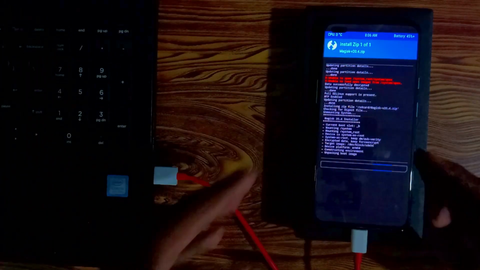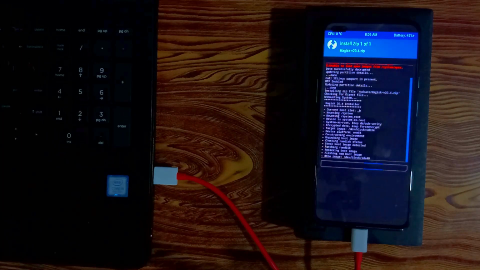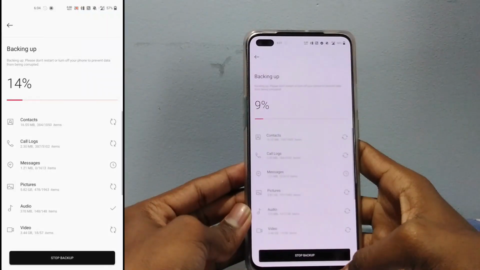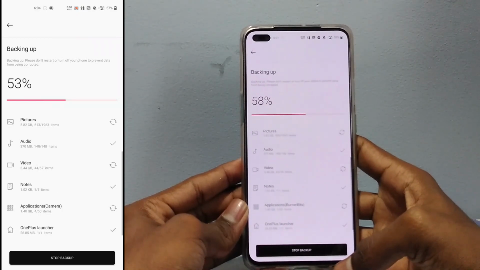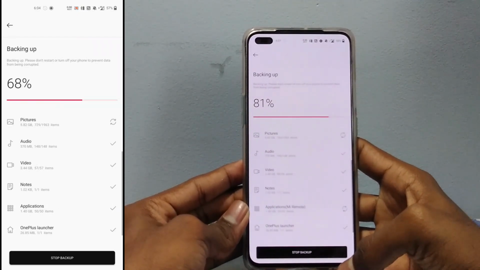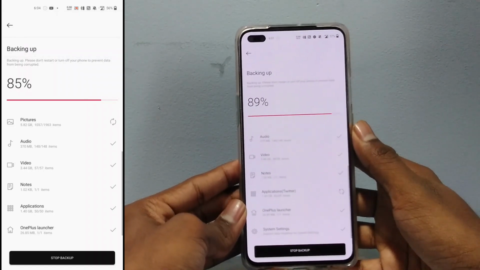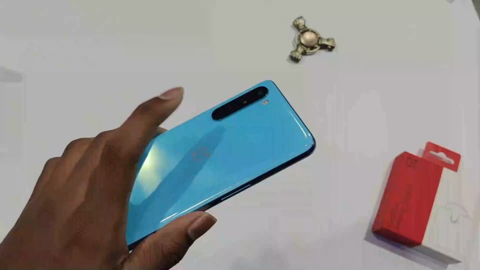Firstly, this method only works when you are on stock ROM, that is Oxygen OS, not on any custom ROMs. And secondly, take a backup of the entire data, that is your photos, videos, files, etc., as this process is going to wipe out all the data on your smartphone. Now that you are okay with the above 2 points and ready to get your Widevine L1 certification back,